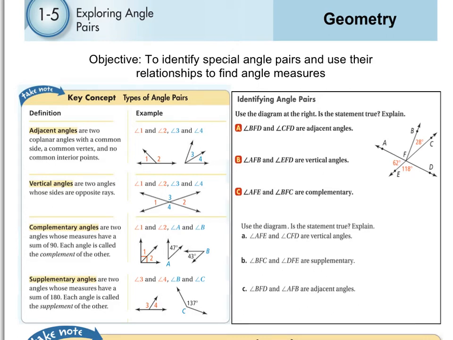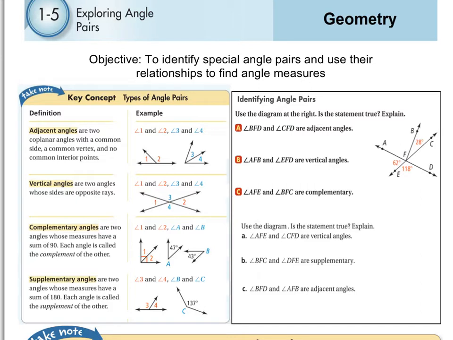This is the introduction to section 1.5, which covers exploring angle pairs. Now, in 1.4 we talked about angles, and in this section, in part 1, we're going to talk about specific types of pairs. So we're going to take angles and put them together and discuss what they mean and how they are. Okay, so again, the objective is to identify special angle pairs and use their relationships to